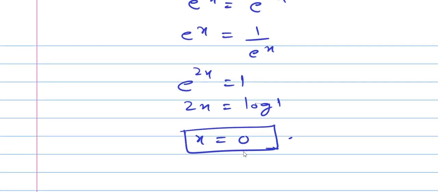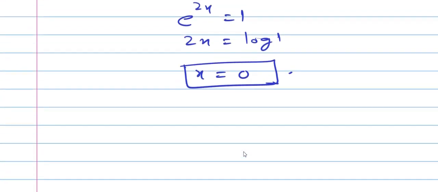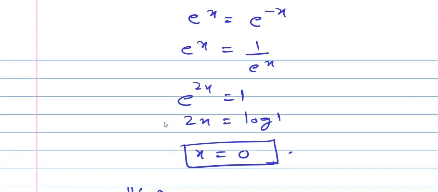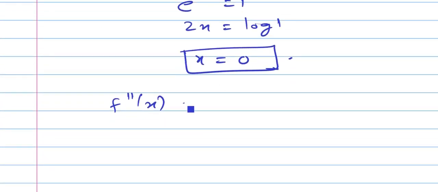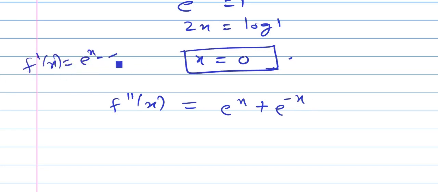Now calculate f double dash x. So f dash x क्या था? e raised to x minus e raised to minus x. इसका डेरिवेटिव once again. So e raised to x का डेरिवेटिव e raised to x, minus e raised to minus x का डेरिवेटिव, plus e raised to minus x. Just look at f dash x and find out its derivative. इसका डेरिवेटिव ये आ गया. Then we will put x equal to 0. So it comes out as 2, because e raised to 0 plus e raised to 0 is 1 plus 1, 2.